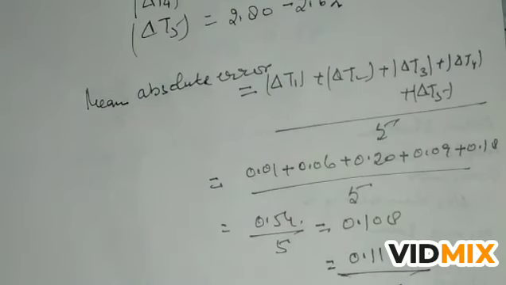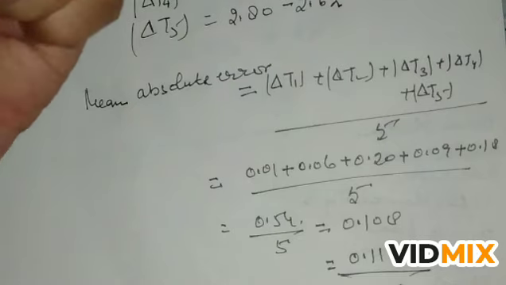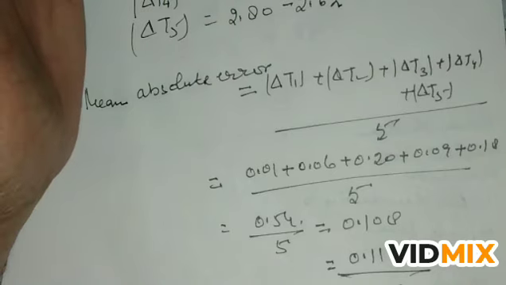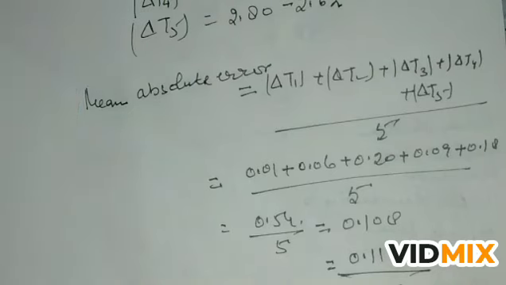So this is the example how you will solve the question related to error. In the previous video I made clear how you can find the absolute error, the average value, the percentage error, relative error. See your book, see the examples solved in the book and try to understand how to solve, and see these two questions also, whatever I had told you in this video, how to solve the question related to error analysis.